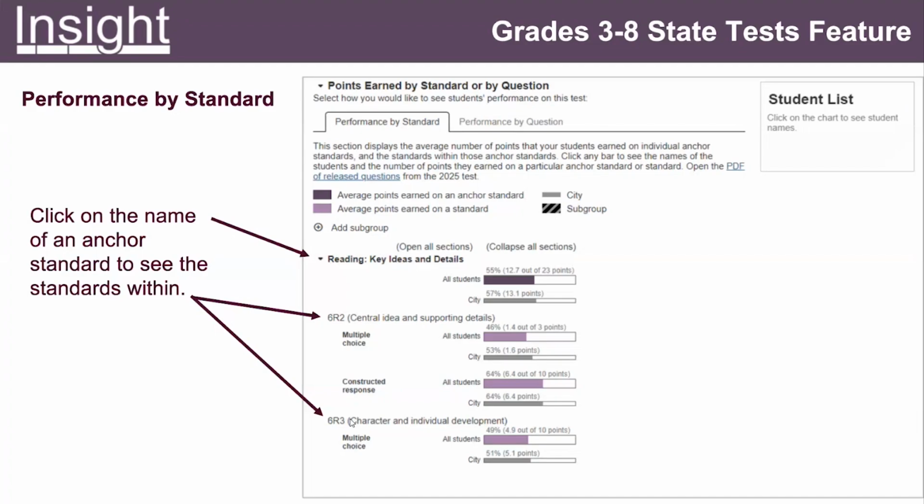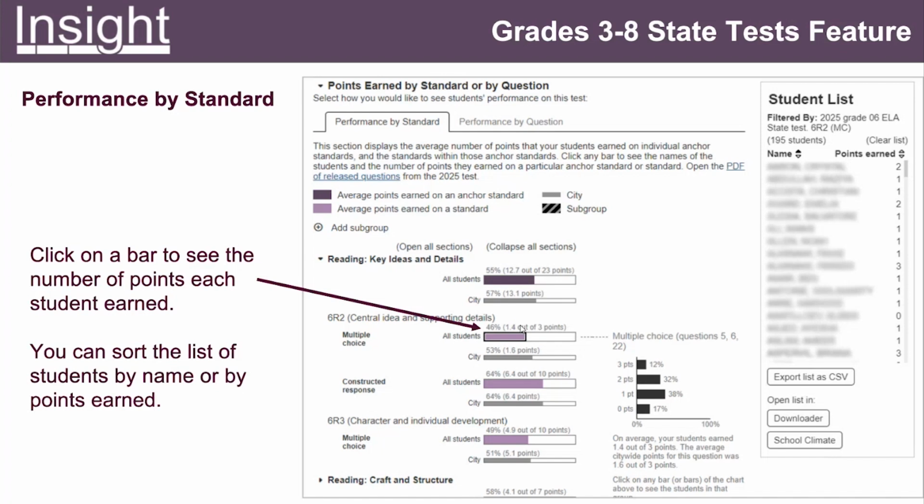And for 6R3, 49%-ish compared to my comparison group. Okay, so it pops up. This gives me a list of all my students and their points earned for the multiple choice questions under the 6R2 standard, under the reading key ideas and details anchor standard.